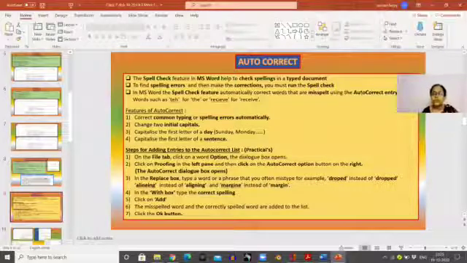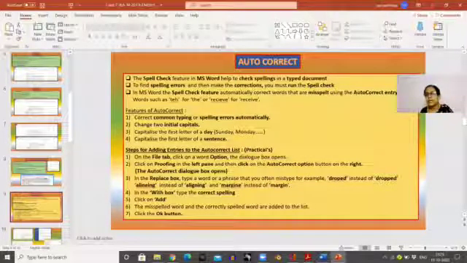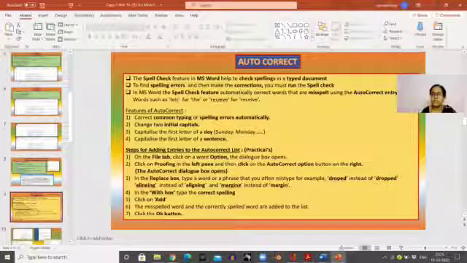To use it automatically, as we are typing, even when we type wrong words, it automatically changes them into the correct spelling. And that option is called the autocorrect option. When you press this autocorrect option, as you're typing, the words are corrected by themselves. Some words here are given as TEH. Every time when we are typing very fast, not that we don't know the spelling, but we type very fast, basically the spelling is THE.